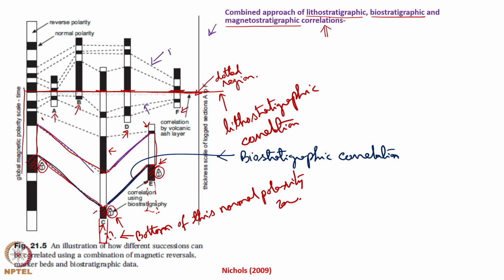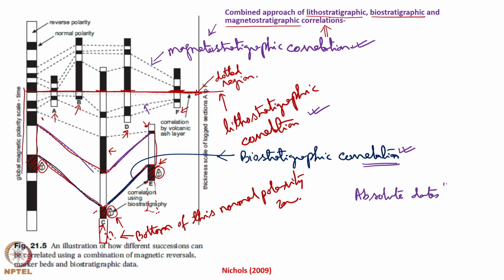the magnetostratigraphic correlation. So, how to proceed? Basically, the biostratigraphic correlation and the lithostratigraphic correlation are to be done first, then it has to be followed by the magnetostratigraphic correlation. Just like the biostratigraphic correlation with index fossil, if there were absolute dates available, then the correlation can